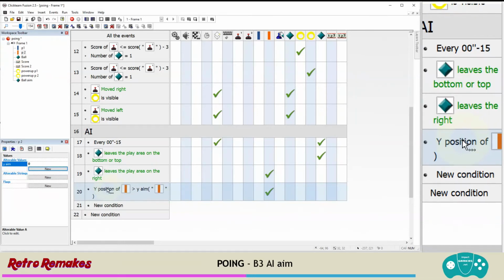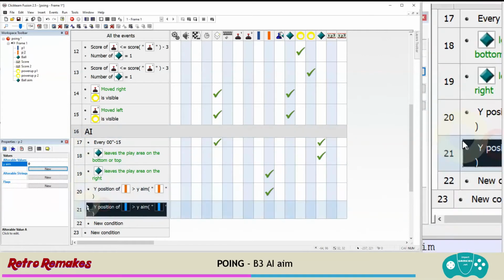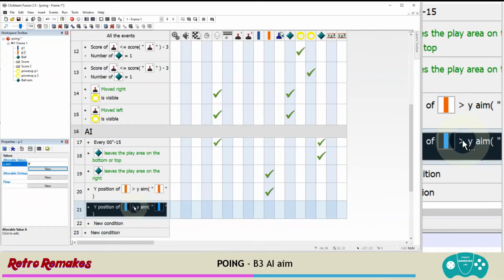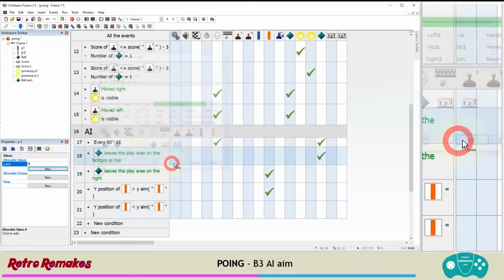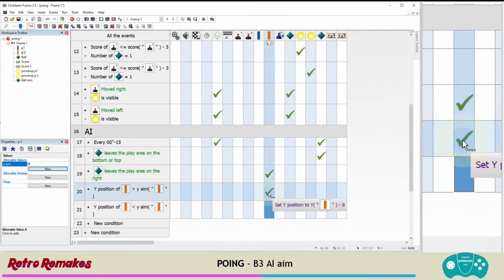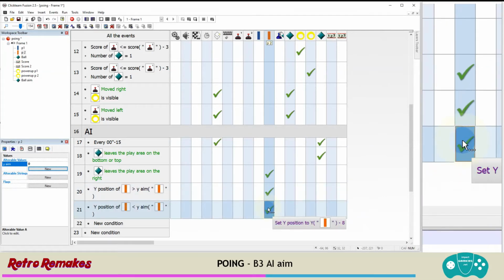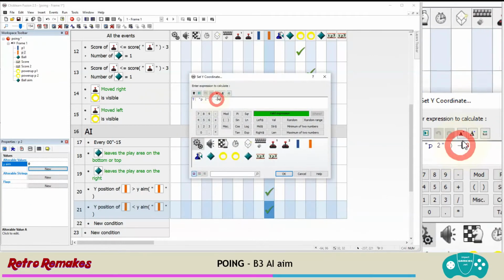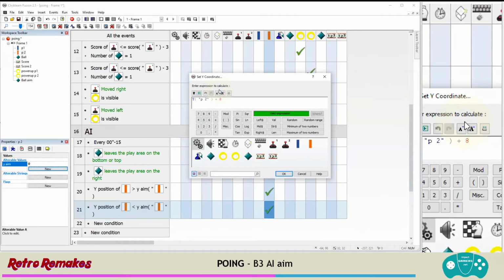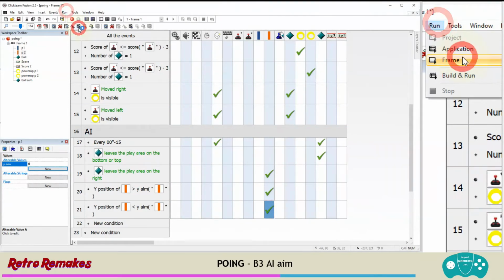So I'm going to drag this down to the new condition on 21. So it's still in the AI group, but I'm going to double click on the arrow and change it from greater to lower. I'm going to drag this action onto the line, and it's not going to be minus 8 because we need to move down the screen. So right click and edit it and just change the minus to a plus. Great. Now, if I run the frame,